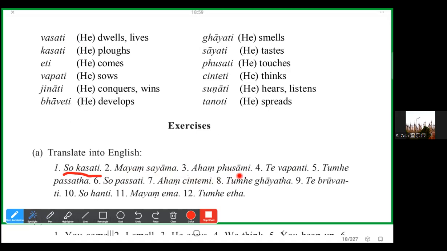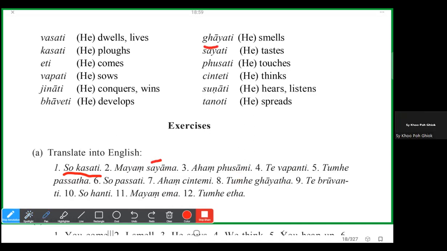Next person. Let me confirm. I'm Sally. The second Sayama seems like it is lying down, is it? Because the SA is short. Sayama. Is it a typing mistake here? Sometimes they might make a typing mistake. No, Sayama, right? Because that is a long A. Okay, then in this case you put an A here. Okay, yes, it's a typing mistake.